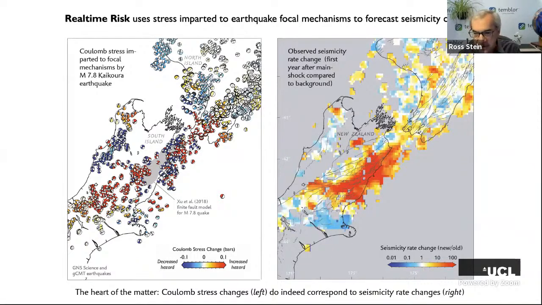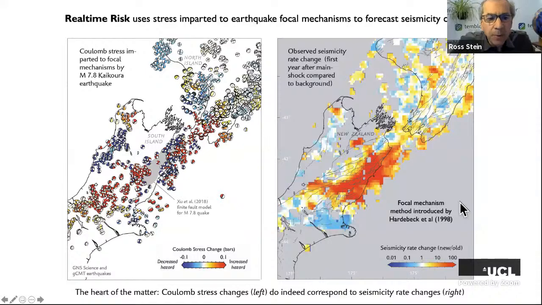It gives us confidence. And I want to point out that the first people to present Coulomb stress triggering analysis on focal mechanisms were Jean Hardebeck and her co-authors Julie Nazareth and Egill Hauksson. That was really a crucial and important paper, and we've just drafted on that and developed more tools. And the Coulomb software has tools to deal with focal mechanisms. So all of that is built in.